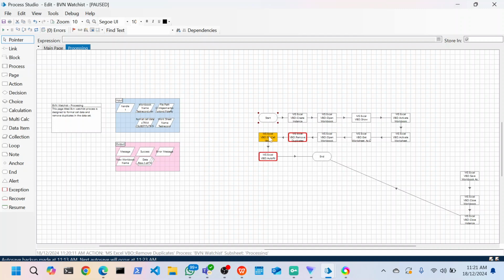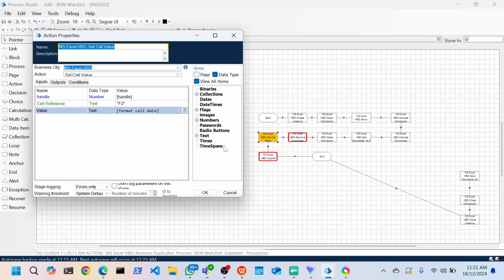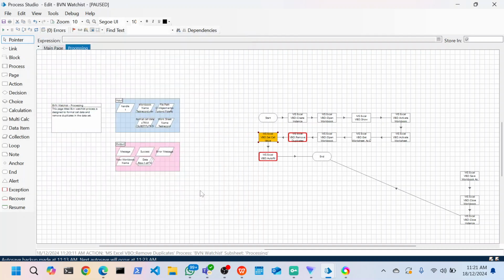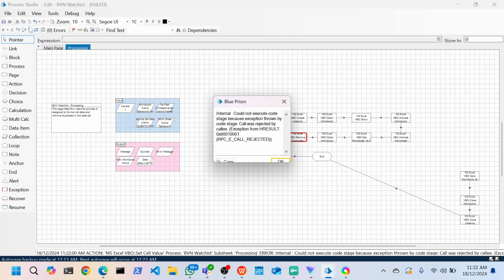So this is the action, format cell data. That was where I configured the formula which I used, and you see I added F2 here because I don't want the bot to change it on this cell B. I want it to change it on a new cell so that we could visualize it. Of course, you can definitely change it on that same B, but I want us to be able to see what we are doing. That's all about visualization. So you see when I step over,